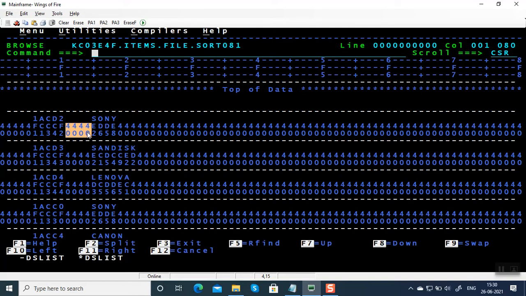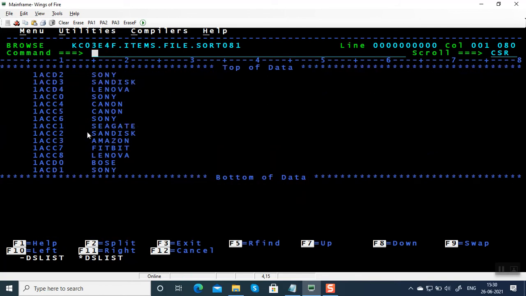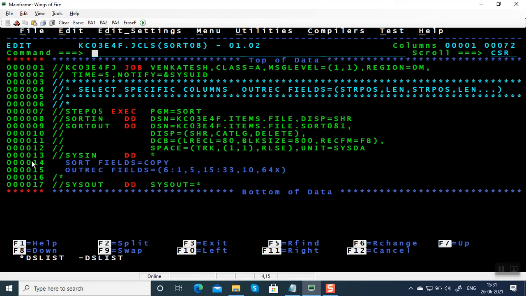In another video, I'll explain how data is stored in mainframe, what the EBCDIC format is. Let me turn off hex on. Here there's a pain in counting the number of X. Instead, what we can do is give 80 colon X. What it means is, I'm introducing a space in the 80th column.